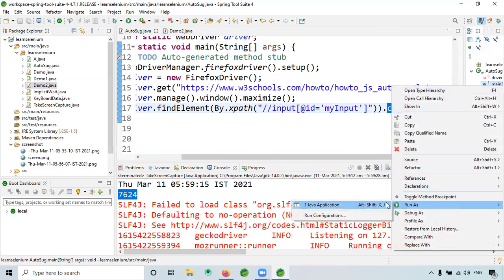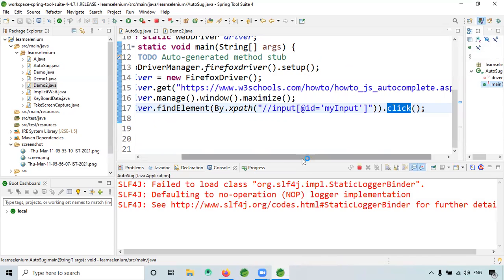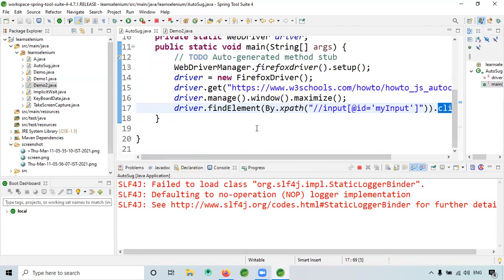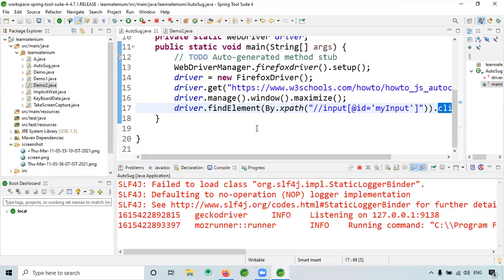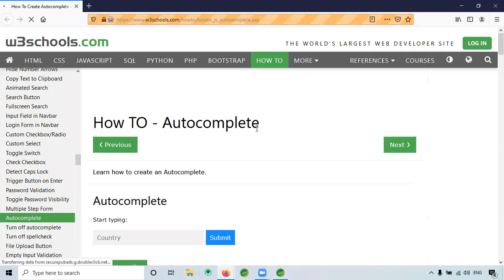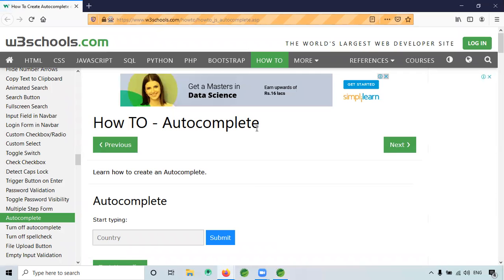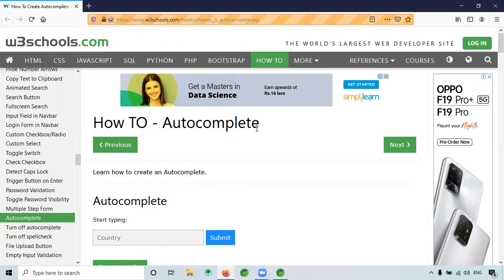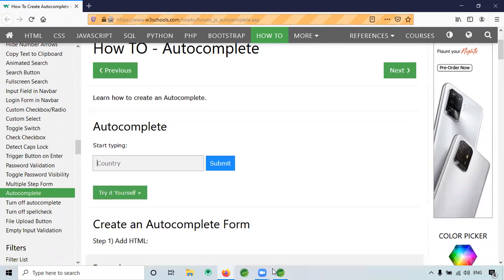Let's see whether it's working or not. See, it clicked. This is working.